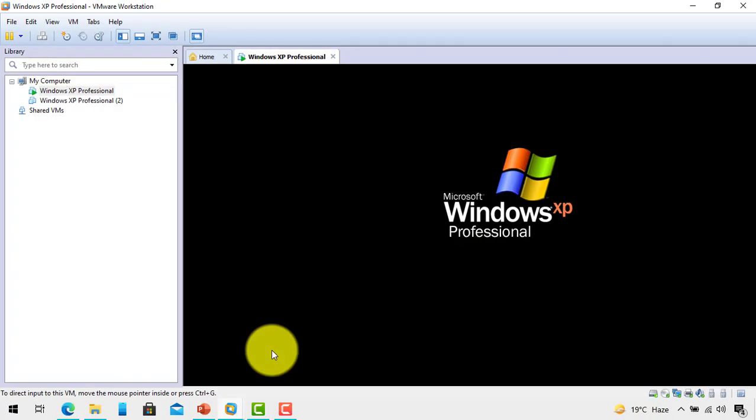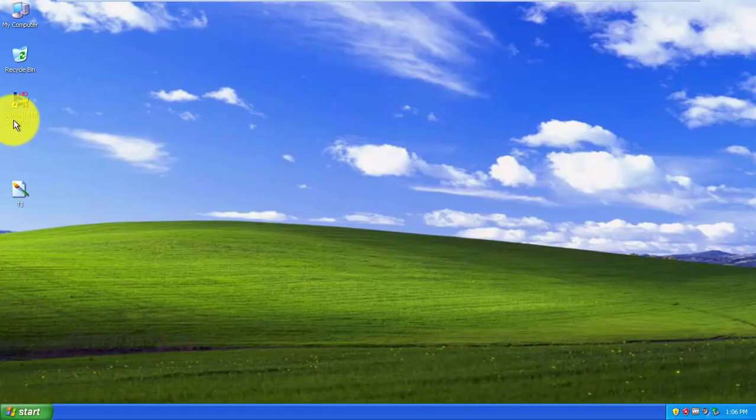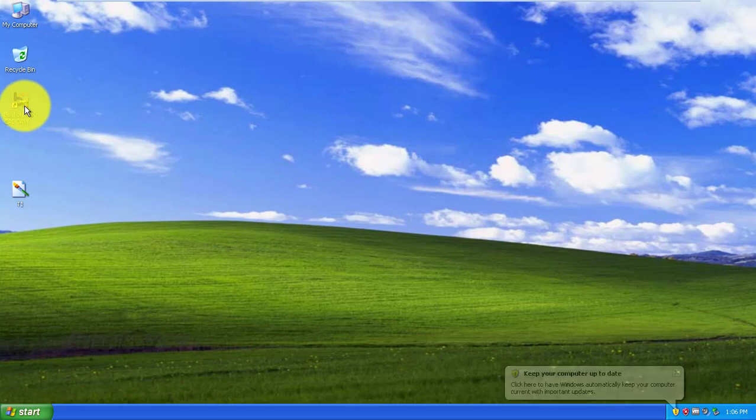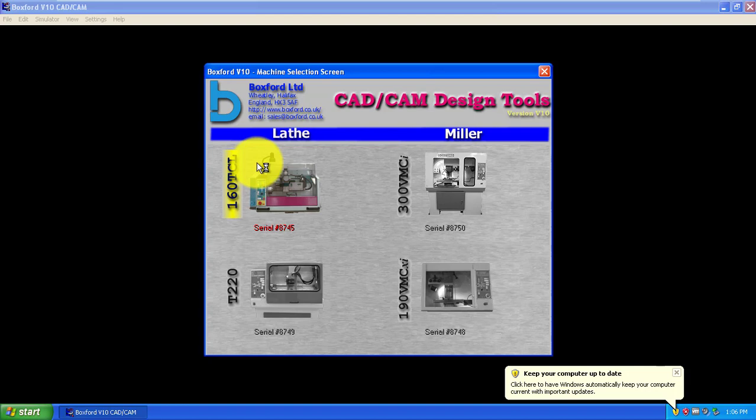I've already installed the Boxford CAD/CAM software using a virtual machine with the same procedure which I mentioned in video number 1 for this lathe course. You can double click to run the software. As we are working in lathe mode, you have to select the lathe.